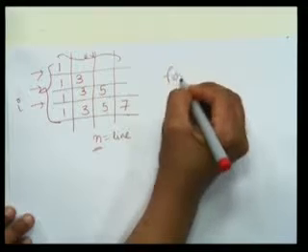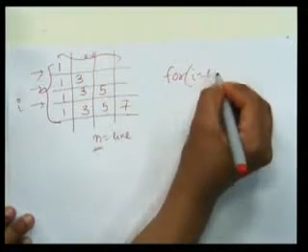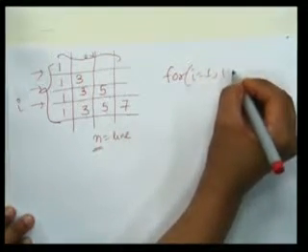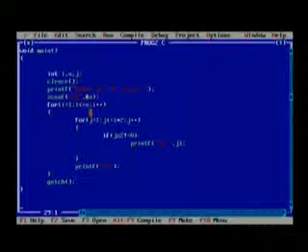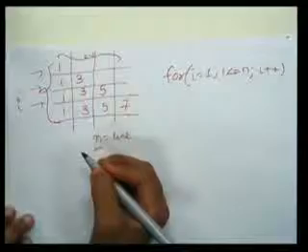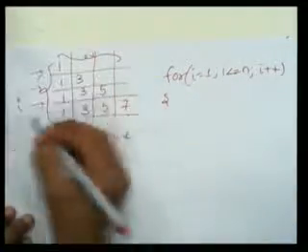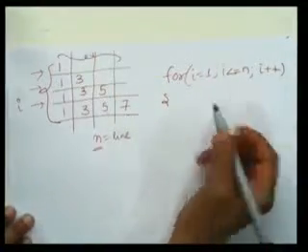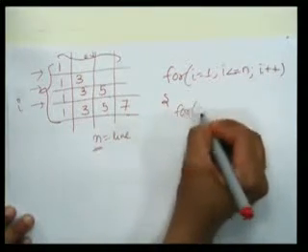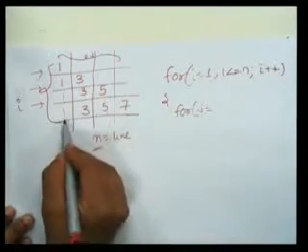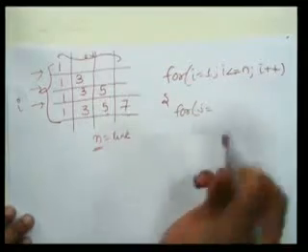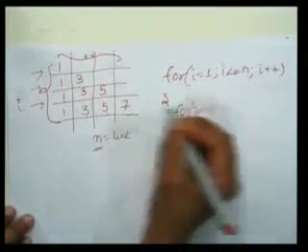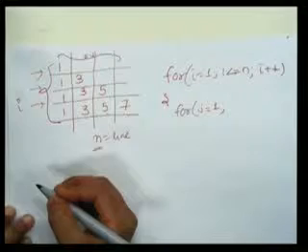The outer loop requires i equal to 1. How many lines do I have to go? I have to go till n, which the user is going to input, i plus plus. I hope this is clear. For each row, that is why I need i less than or equal to n. Now for j equal to, again j has to go from 1 2 3 4, right? So j equal to 1, but in each line how much does it have to go?